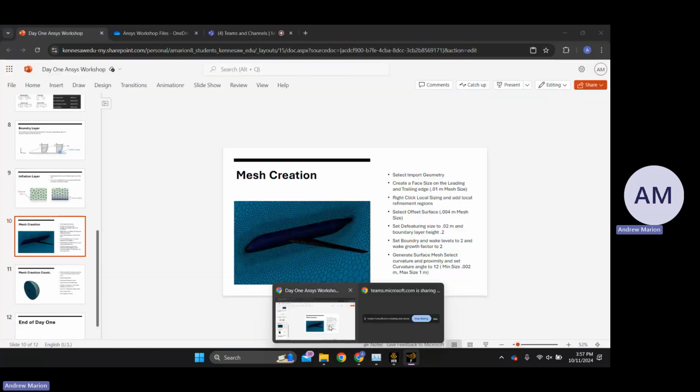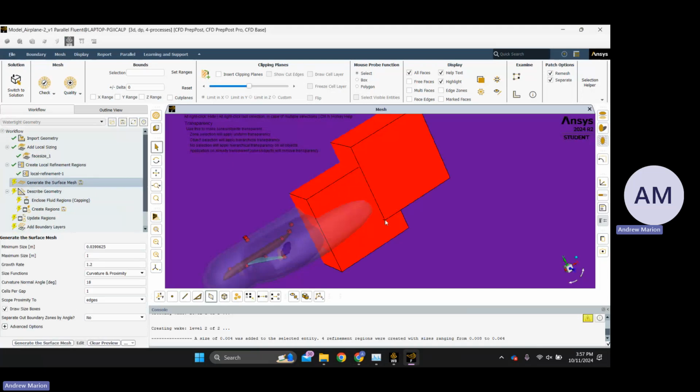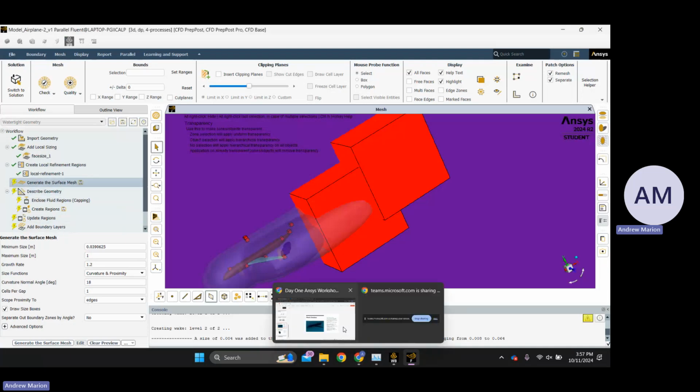So now I believe we're going to generate the surface mesh. So go down here to generate surface mesh, click that, and you get these boxes. So these boxes are the cell size you have defined. So obviously, I believe this is the max size. So obviously 1 meter is too large. We don't want the cells larger than the aircraft. So we're going to define them as